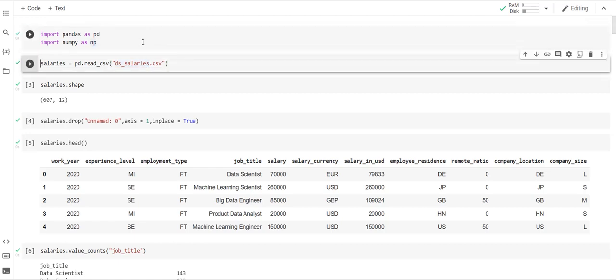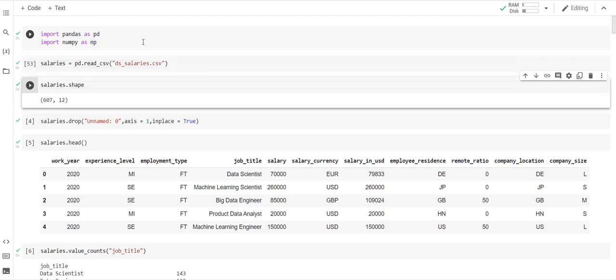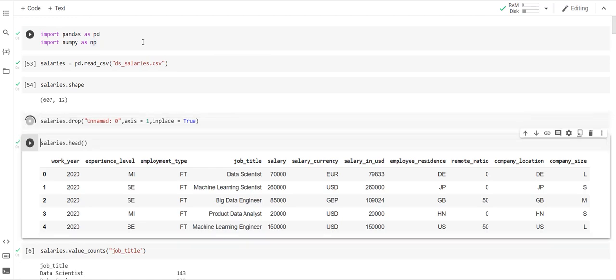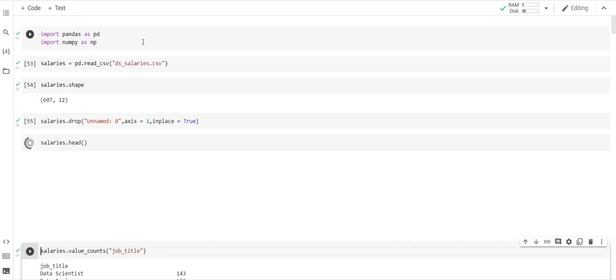First I'm loading pandas and numpy, and I'm reading my data set. As you can see, my data set has around 600 observations and 12 columns. I have an extra column called unnamed 0, which is just the number of the row, so I'm deleting that one. Just to give you a quick overview of the data,